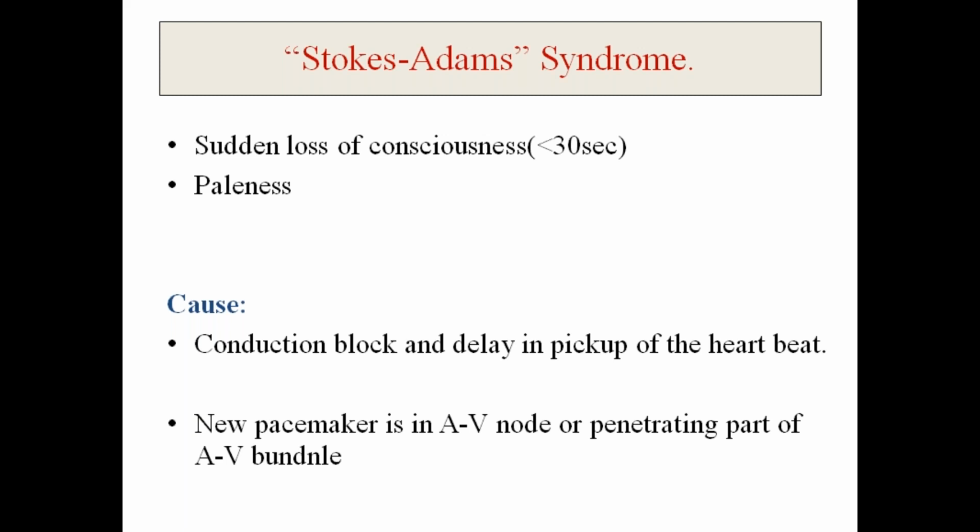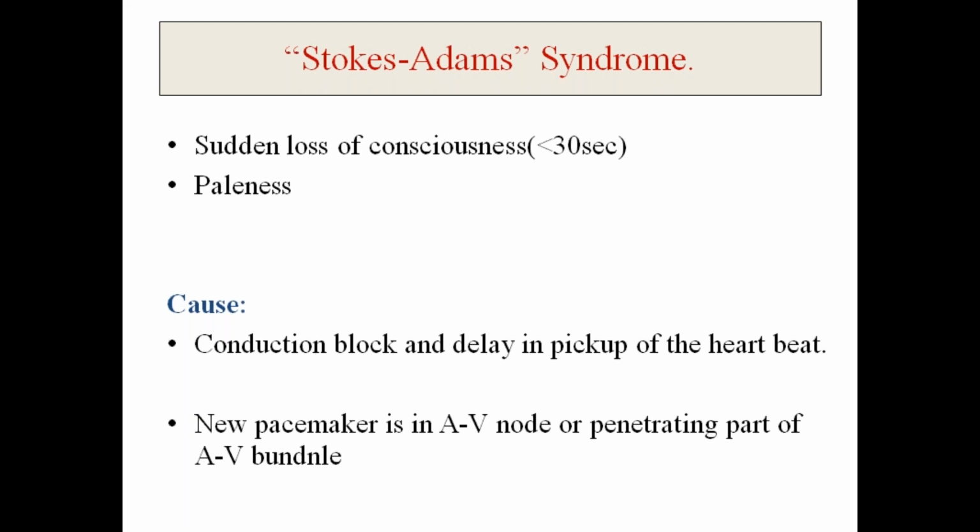Then, after the blockade, within a few seconds your AV node will get activated, and then they will start beating, though at a slower rate. They will start beating at the rate of 40 to 60 beats per minute. And because of the generation of impulses from your AV node, your ventricle will start contracting, though at a slower rate. After that, the circulation will be restored and the person will regain consciousness again.